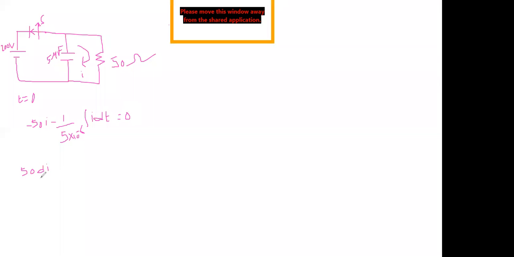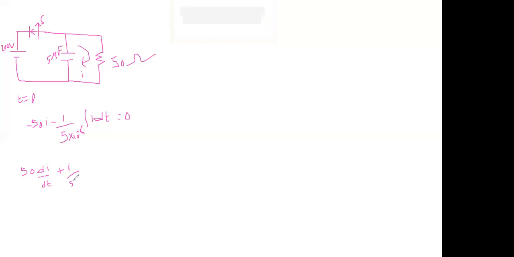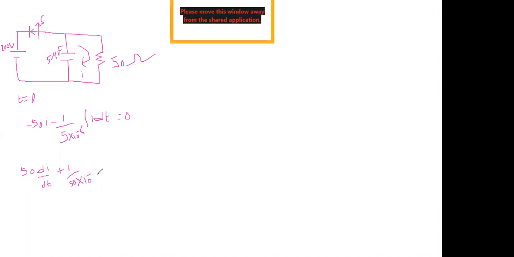Integral and differentiation cancel out, and finally we get I by 5 into 10 to the power of minus 6, which is I by 5 into 10 to the power of minus 6, equal to 0. Here, rearranging this expression,